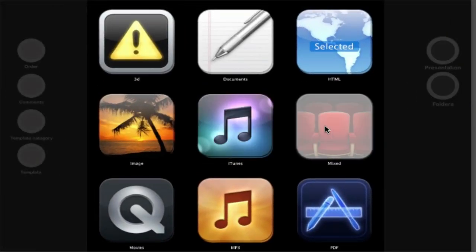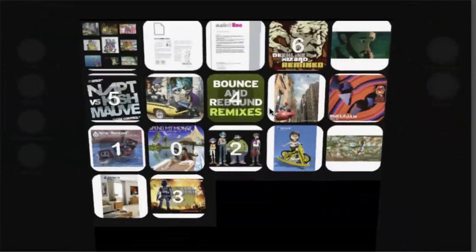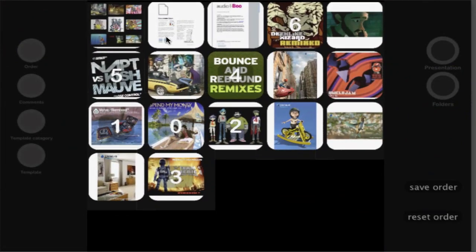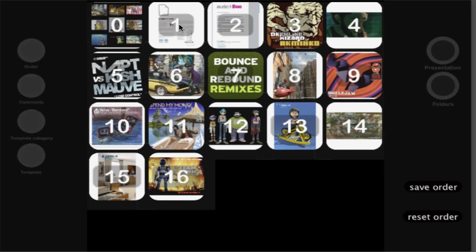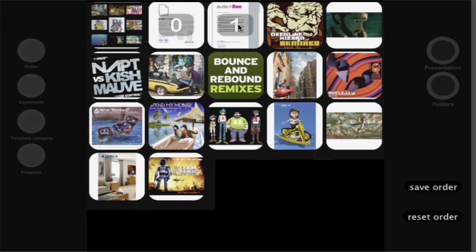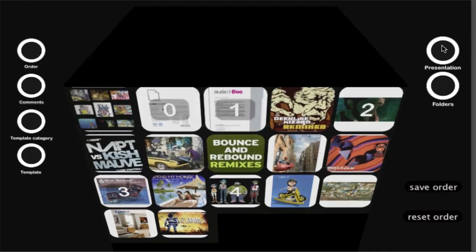Let's go back to actually the presentation kind of way we've been using it. Our business lots in general, what they do is put a lot of different assets in one folder. So we've got a folder here called Mixed. Now if we go into the grid view of this, we can see there's actually a bunch of different kind of formats of assets. So if I reset the order, I can show you this by first of all displaying a PDF, then a Word document, then we can go for a movie, we go for an image right here, and go for a couple of images, hit save. Go back to the presentation,